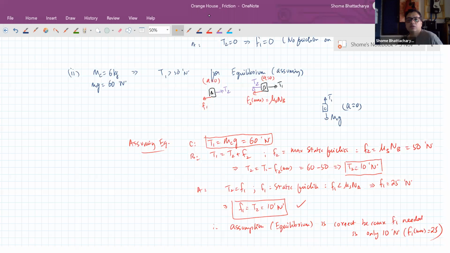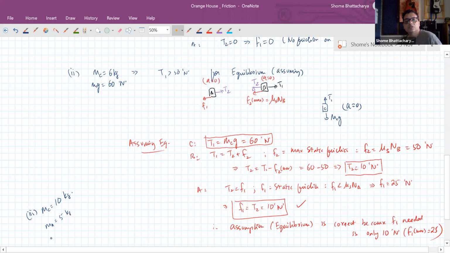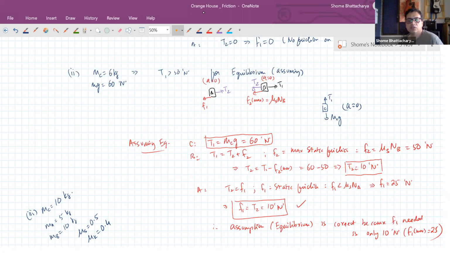Please let me know if there's any doubt, and if not, then note it down and now see how you'll work out the third part. In the third part, you have to take the mass of the block C as 10 kg. Okay. So finish writing this down and then try working out the third part yourself. I'm just reminding you of the values here. Okay. Coefficient of static friction was 0.5. Coefficient of kinetic friction was 0.4. So use these values and try and figure out the third part yourself.